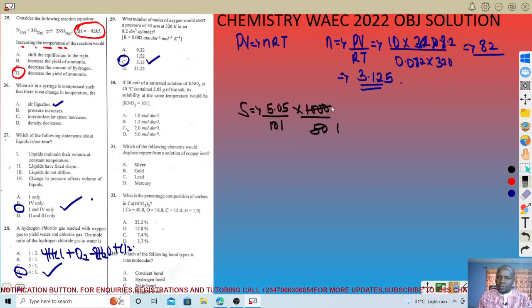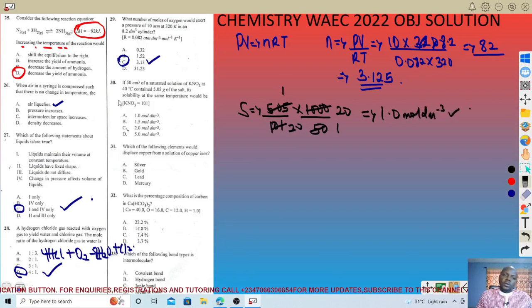So you can do this, and I think this is 1. How do I know it's 1? This is 1, this is 20. Because I'm a math teacher, 1.0 moles per dm cubed. So that is that. So the next one